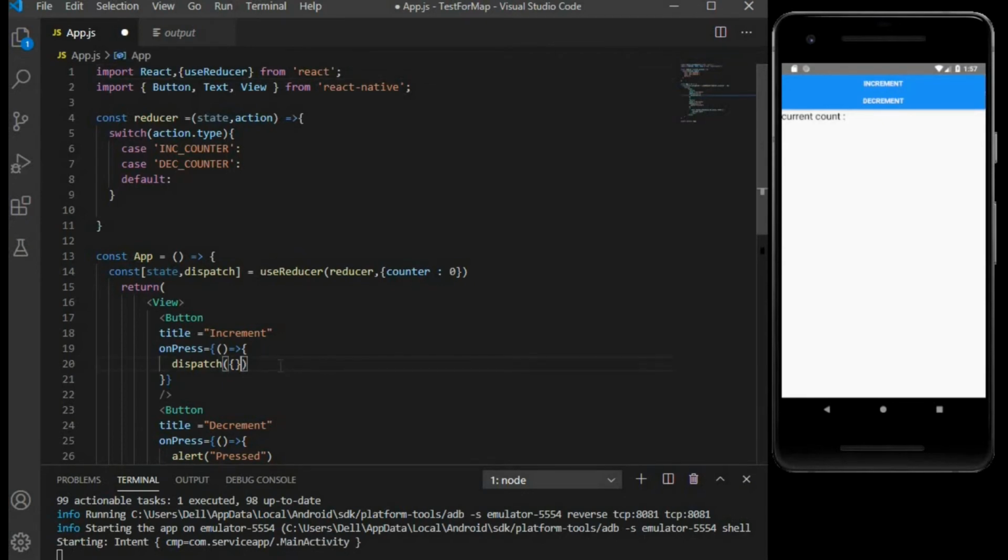And this dispatch function always contains a type as well as a payload. The type is what kind of data you want to change, and the payload is by how many. So here type is inc counter, increment counter, and we want to change the value of this counter by 10. So I'll give it a payload of 10.